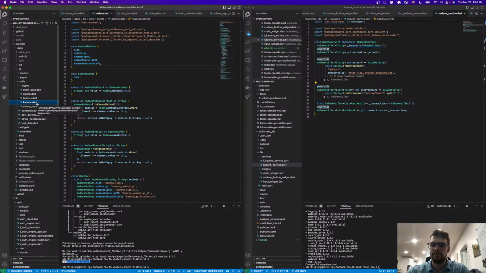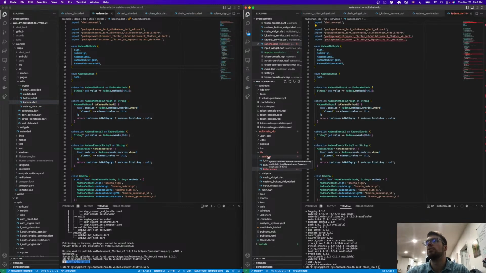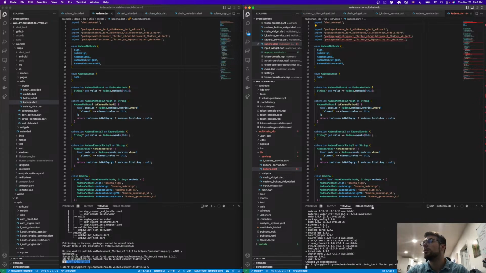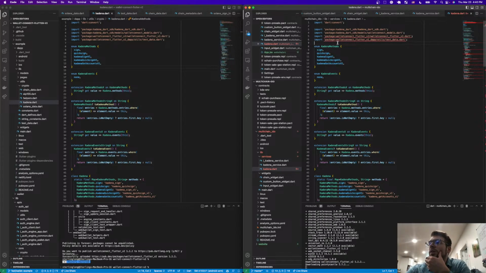first things first. I'm going to copy this Kadena class over. And I should be able to hopefully just drag and drop, right? We'll see. Did it move the file? Did it copy the file? It copied it. Perfect. Okay. We're going to do flutter pub add wallet connect flutter v2, just so we can get our wallet connect flutter going on. And then we are going